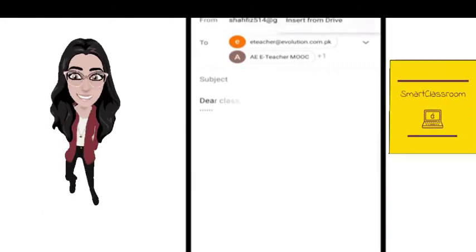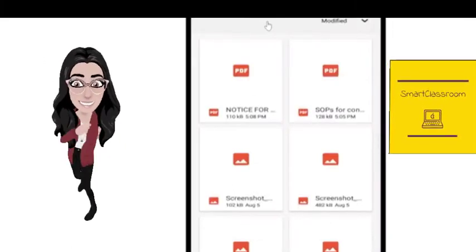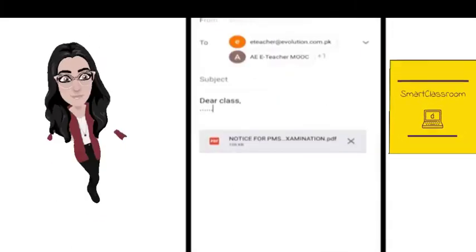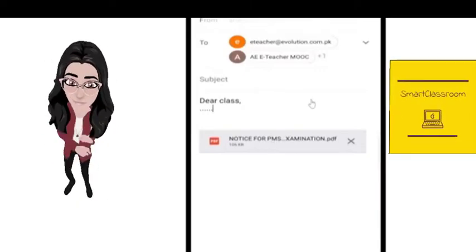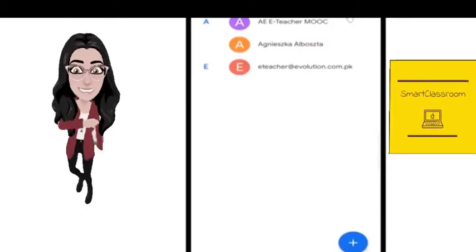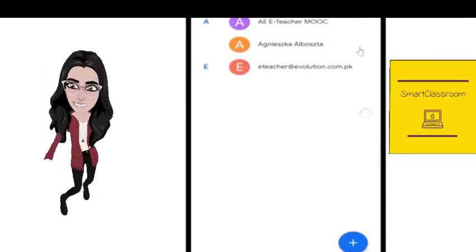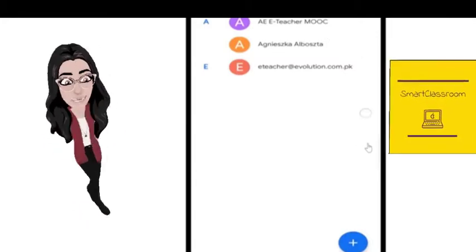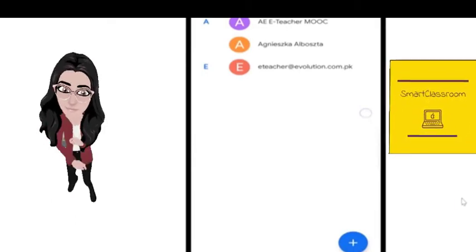We attach files from our gallery with this clip button, and send with this blue arrow button. So on a single click, by going to Google Contacts, we have sent an email to all of the members of the classroom. For example, I have only 3 members here.